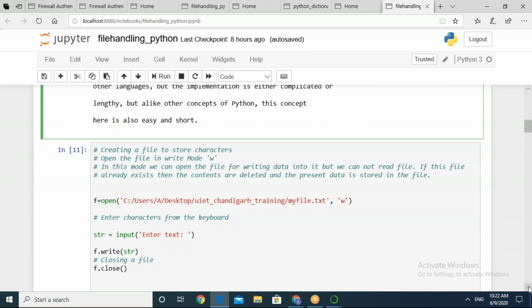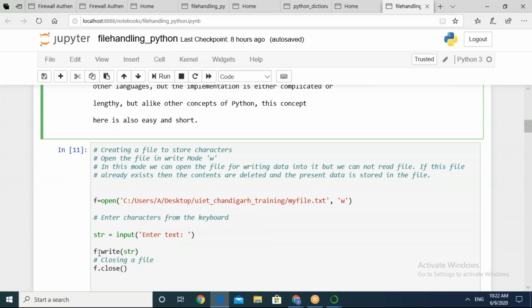So let us see first of all the point where we have left after reading the file. Again, I am going to make use of another file, myfile.txt, and the mode which I am going to use here is W mode. So you can enter the characters from the keyboard. Till now we have seen that we can make use of the input method here. So I am going to use the input method in order to enter the text.